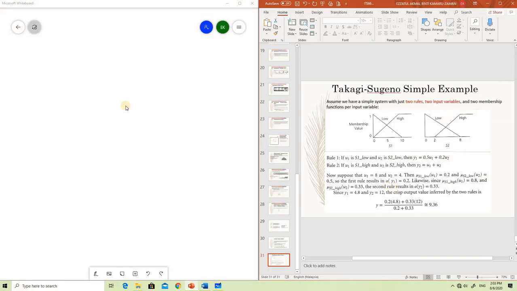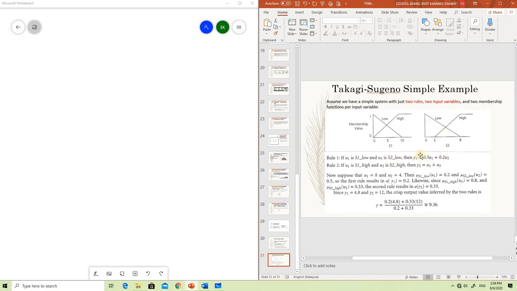Okay, I will draw it here. If you take a look at the question, assume that we have a simple system with 2 rules, 2 input variables and 2 membership functions per input variable. So this is your first input, this is your second input. So you have 2 input variables here, and then this is your rule. Rule 1, if U1 is S1 low, and U2 is S2 low,